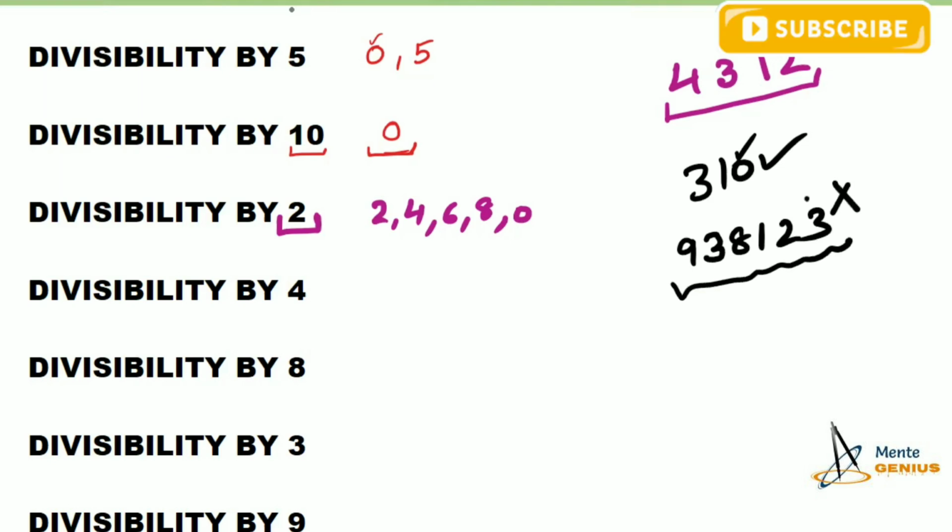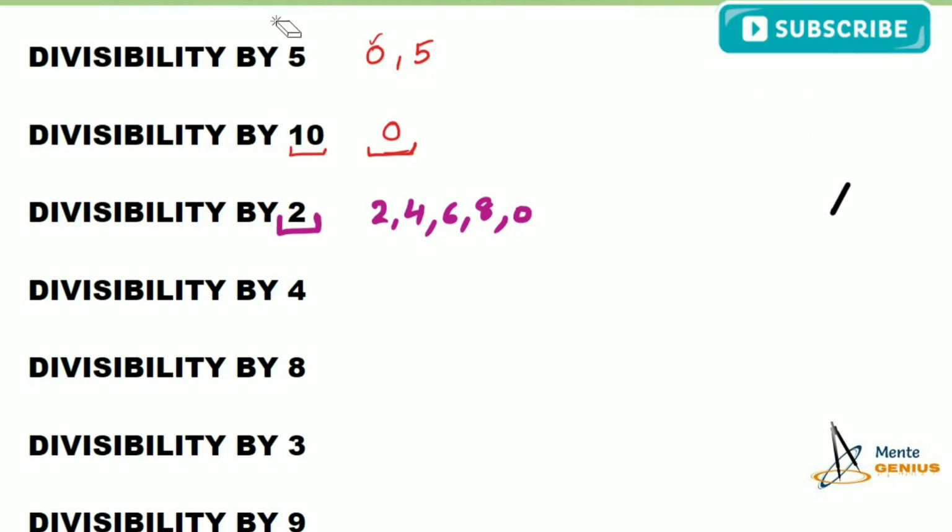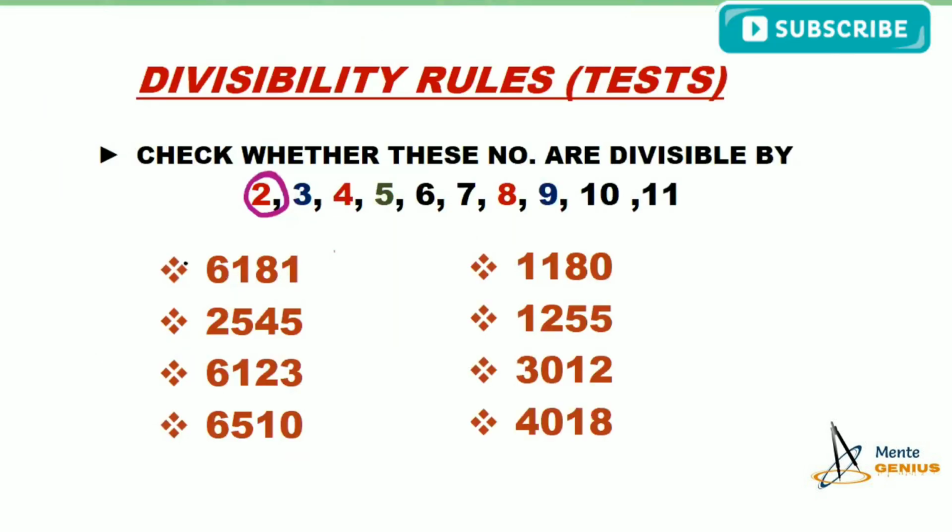No, a big no, because it is an odd number, and we cannot divide the odd numbers by 2 properly. Okay, I think it is clear. Now let us check our numbers whether they are divisible by 2 or not. Let us go to a page and check whether we can divide these numbers by 2.